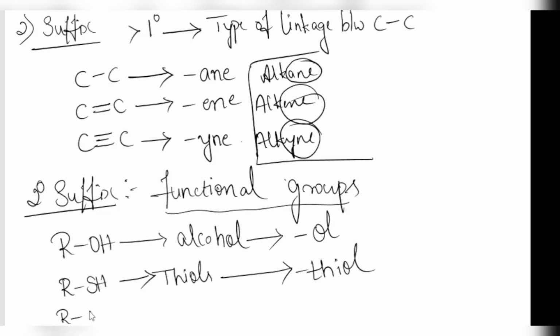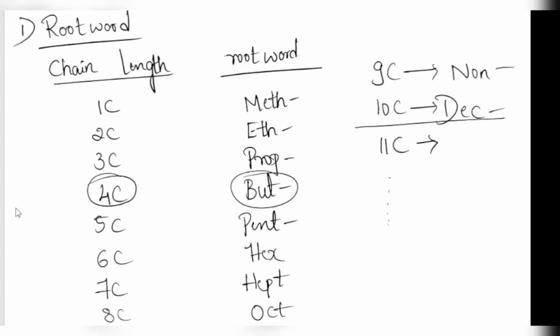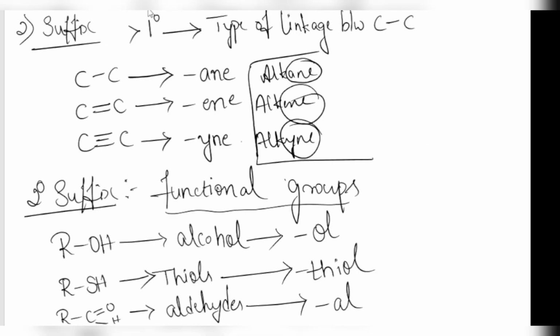Suppose here R C double bond O and here H is attached. This functional group is called aldehyde. For aldehydes, what is the secondary suffix? That is al. Like this, for so many functional groups, we will have a secondary suffix. Actually, the secondary suffix tells about the type of functional group present in that particular molecule. I hope the root word as well as the primary suffix and secondary suffix are understood